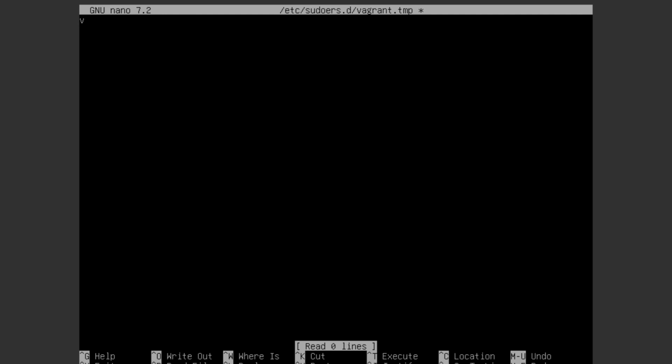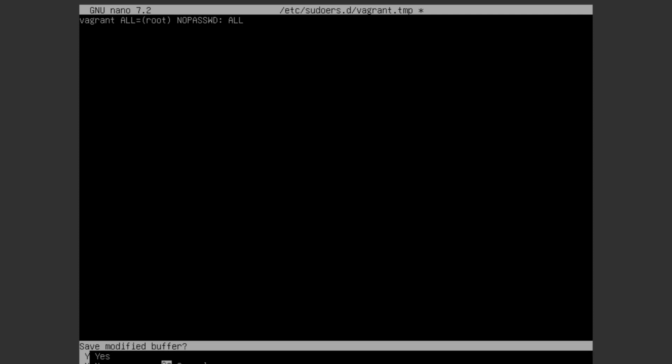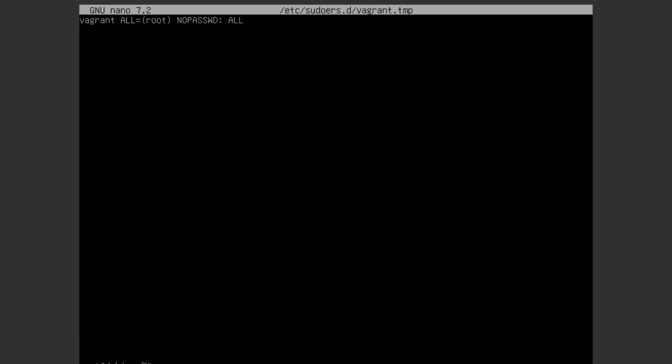And then as we go through, we can specify for the Vagrant user, no matter which system this is being read from, so on all hosts, is able then to sudo as the root user, and without the need of a password, NOPASSWD: and then ALL. We can save that, and that's good to go. Now he'll have his sudo privileges through there.